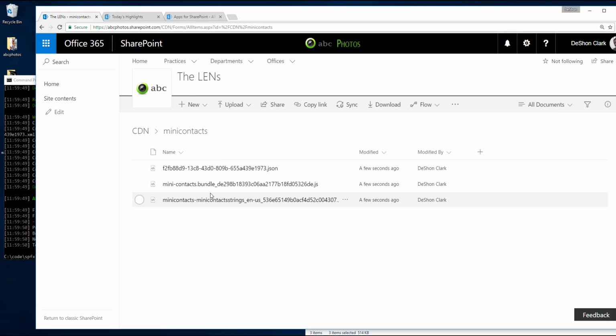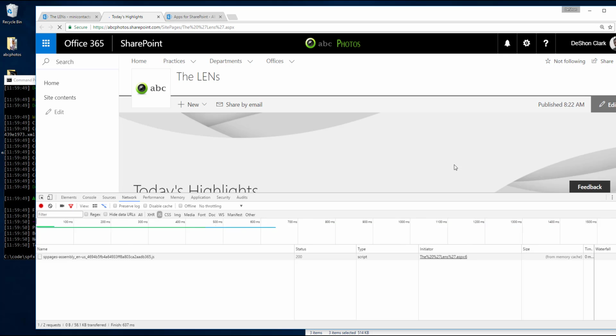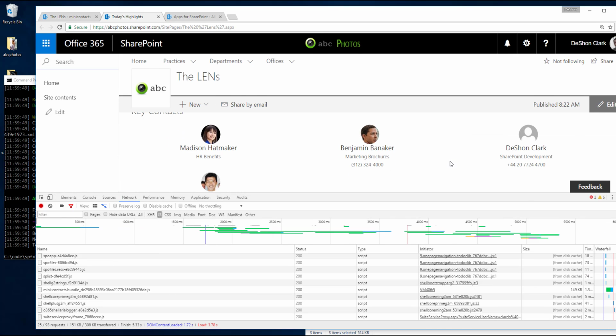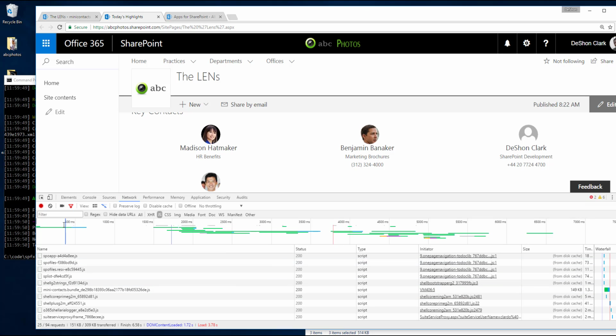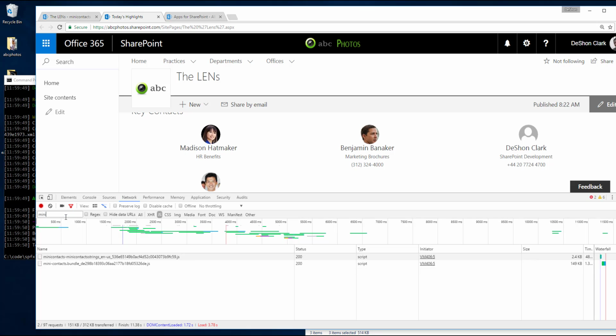Check-in is not required, and we don't have publishing or approval process enabled. So these should be ready to go. And if you come here and hit refresh, our web part pops up. And just to confirm everything,